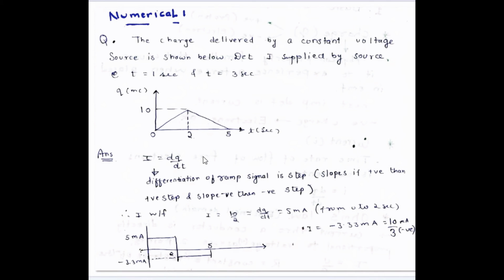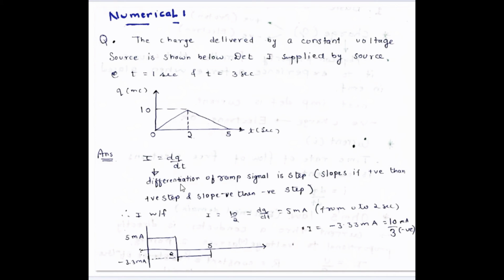Now, as we discussed earlier, current I is given by the derivative of the charge with respect to time. So the simple answer of this question lies in the fact that if we differentiate the charge with respect to time, meaning if we differentiate this waveform with respect to time, we will get our answer. This is a simple concept related to charge. So now